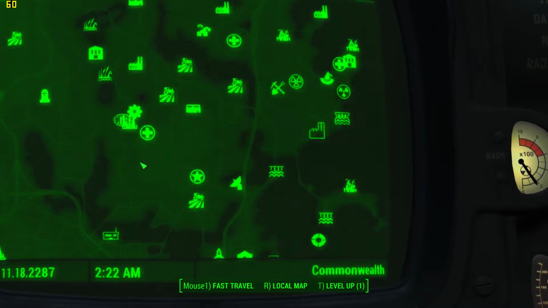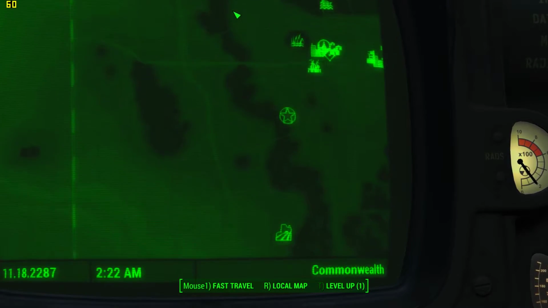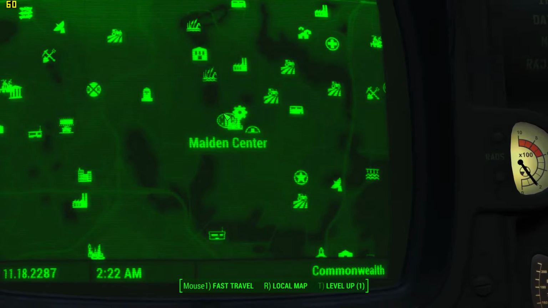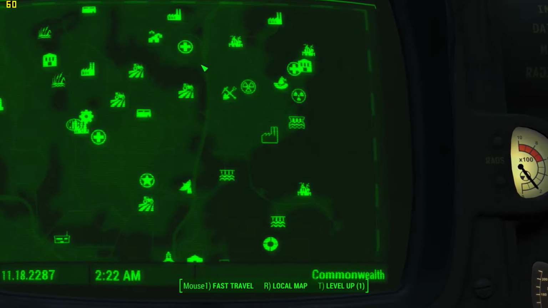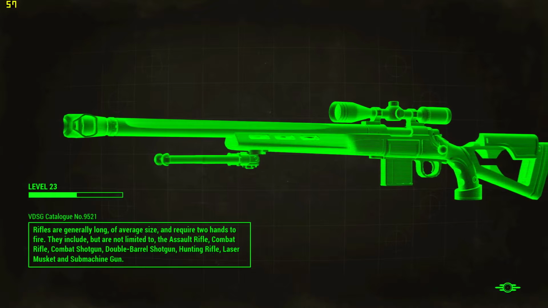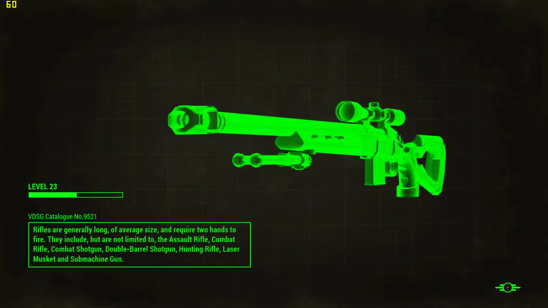I have cleared out quite a lot of stuff, but what I need to do is head back over to the west, and go further down that side. As you can see, it's a massive map with loads of stuff on. I wish I knew more about Boston now, because I would take you to different places. But a place that I do know is a real place is Salem,